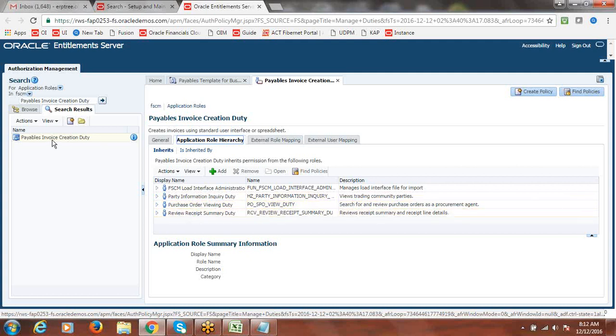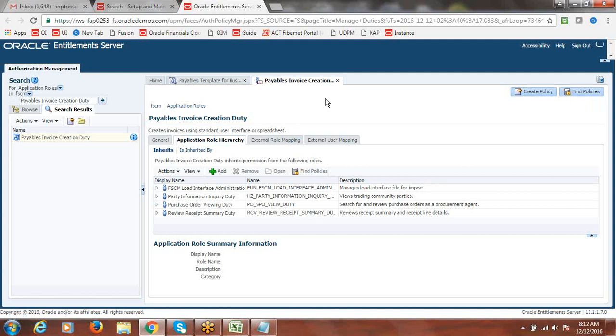Whatever role you are using for any application, that role may connect with other functions from different applications. That connectivity of related roles only we call hierarchy. For this role, these four come under the role hierarchy. It's nothing but connectivity with other function-related roles.